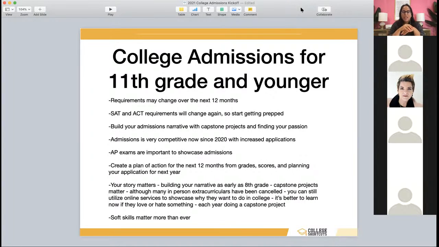Big thing to note, admissions is very competitive and it's going to continue to be competitive. Students are now applying on average to 15 to 18 schools, not 8 to 10 as in years before. So that means more students are applying to more schools. And that is just domestically. We are going to see an increase again from international students, and it's going to continue over the next few years. So please keep in mind that getting the right help can make all the difference.